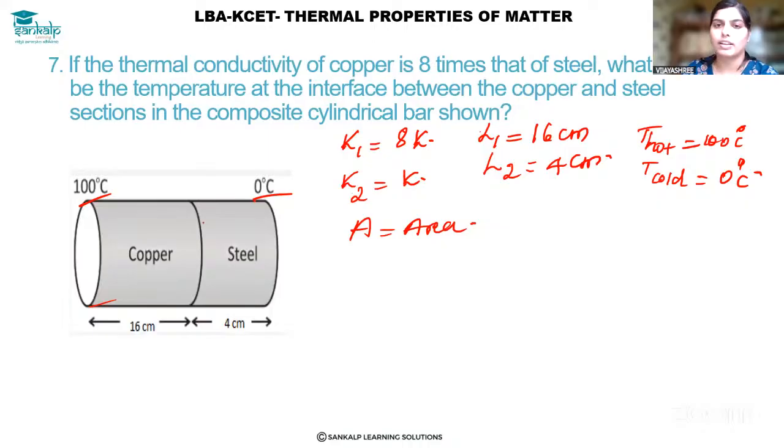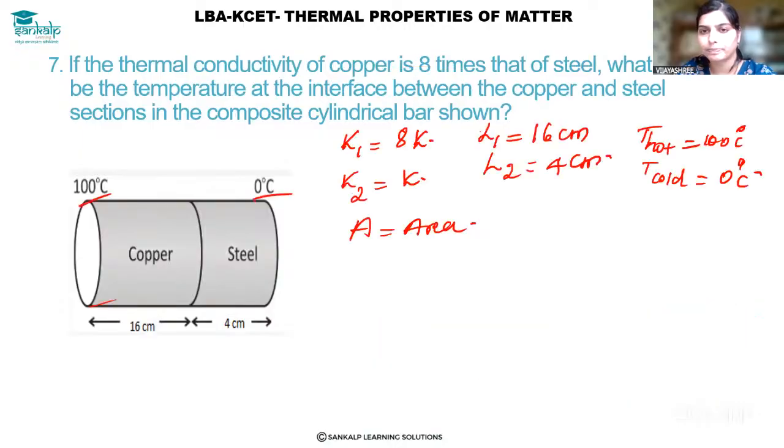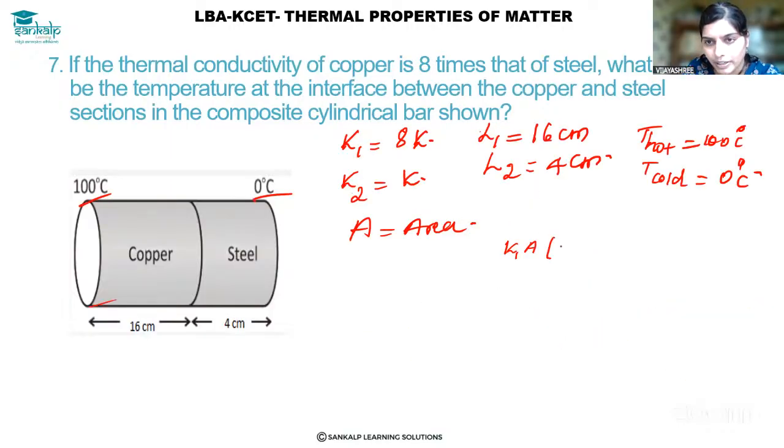Okay. Now let us calculate, one by one, just substitute the value. Now just look at the formula. K1 into A into T hot minus T divided by L1. So what is K1 here? Here I will write the formula once again, children. K1 into A into T hot minus T divided by L1,